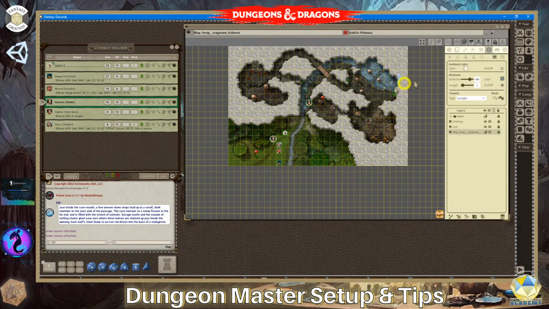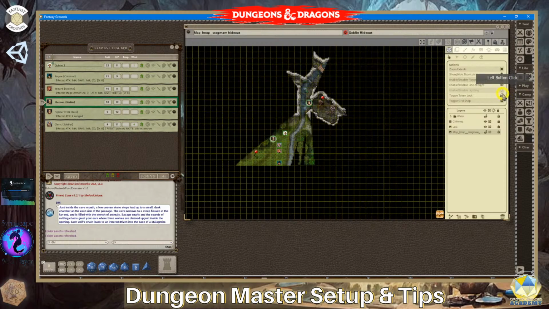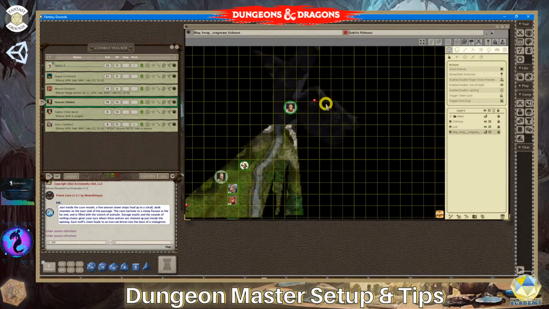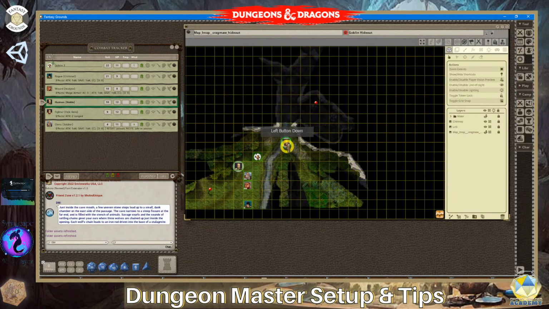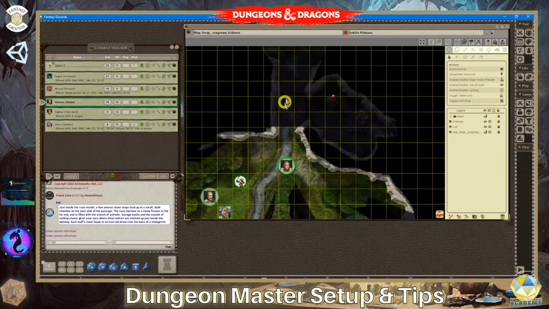Okay, so now when I go back to enable the line of sight and such, it's less likely. See, now we're not going to get that sunlight coming from the outside. I might want to change that a little bit in here because you do want a little bit of light to get in here. So what I'm going to do is go back to the lighting tool, and I want to go back into the